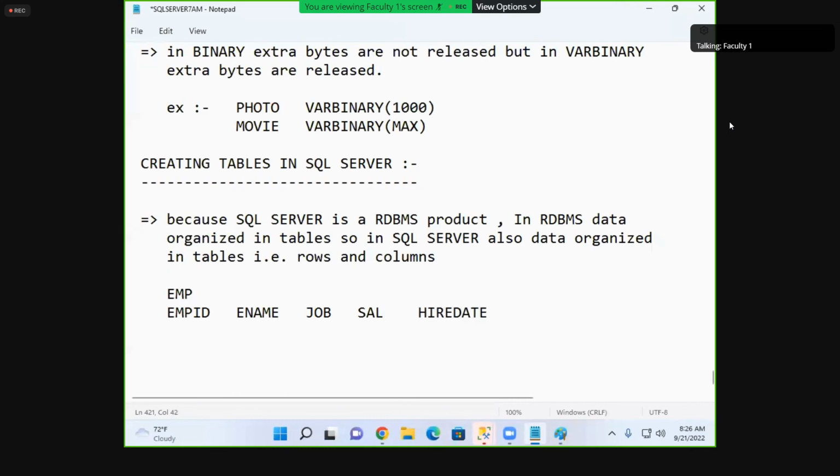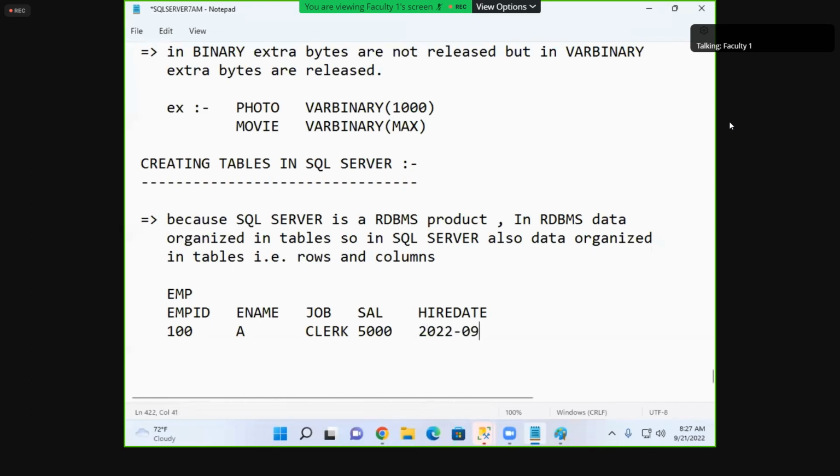Next one, hire date. Hire date means join date. So employee 100, suppose name A, job clerk, salary 5,000, hire date suppose today,